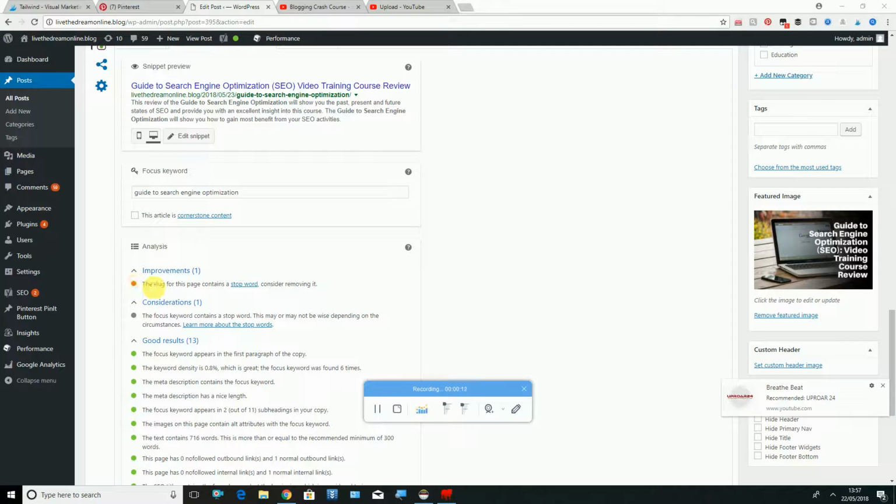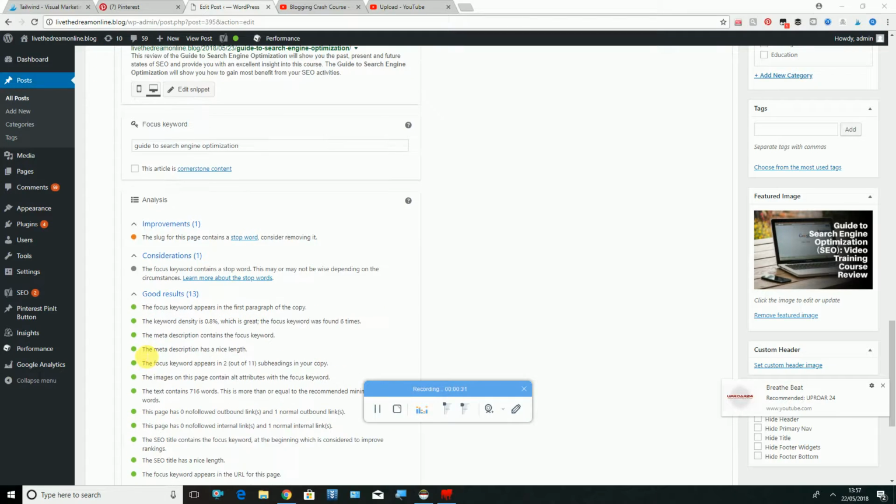Well, there's nothing I can do with that because it contains a stop word, which is "to". So nobody looks up "guide search engine optimization." Somebody might look up "guide to search engine optimization." So really that "to" is important. So that's going to have to stay there, I'm afraid, the orange, but apart from that it's green, so